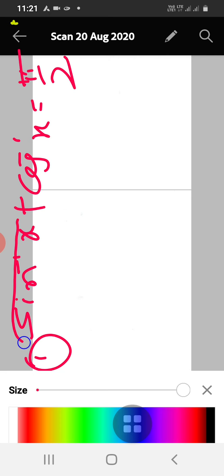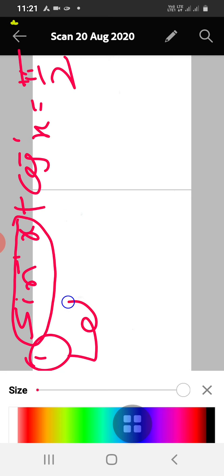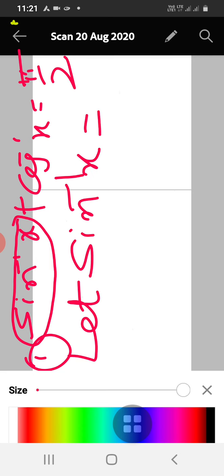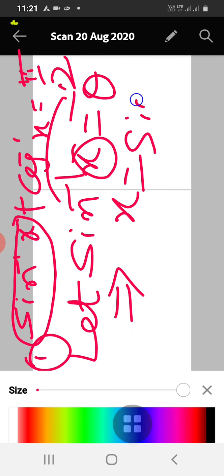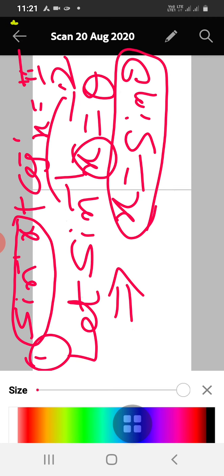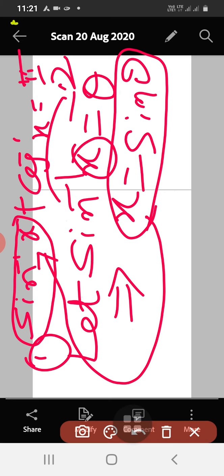So I will consider this first term here. You have to write step by step. Let sin inverse x, I will consider this as one angle, say theta. Then by definition, I will write x here. So you shift this sin inverse to the right hand side, that becomes x is equal to sin theta. So this is the first step: x is equal to sin theta. Now we can substitute this x by considering the LHS, so I will do it in the next step.